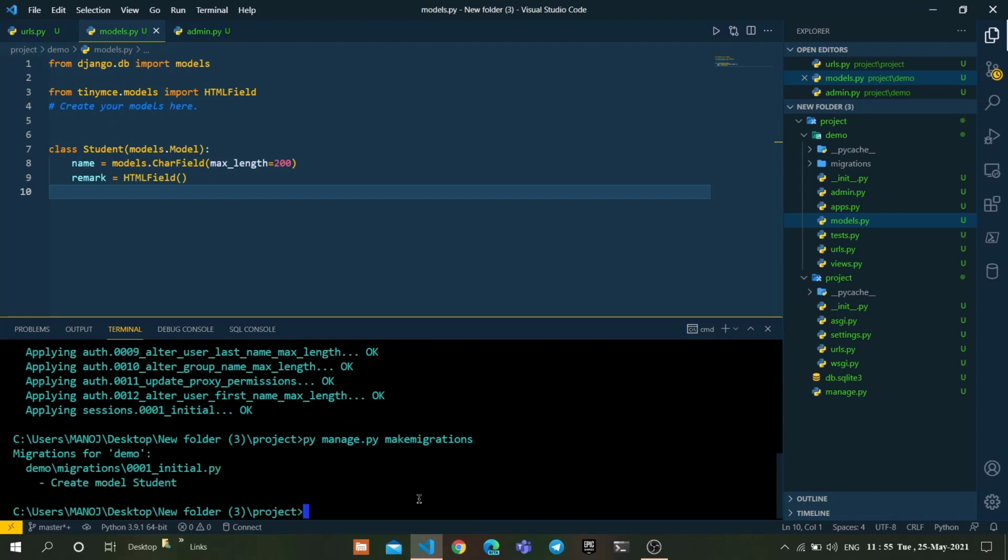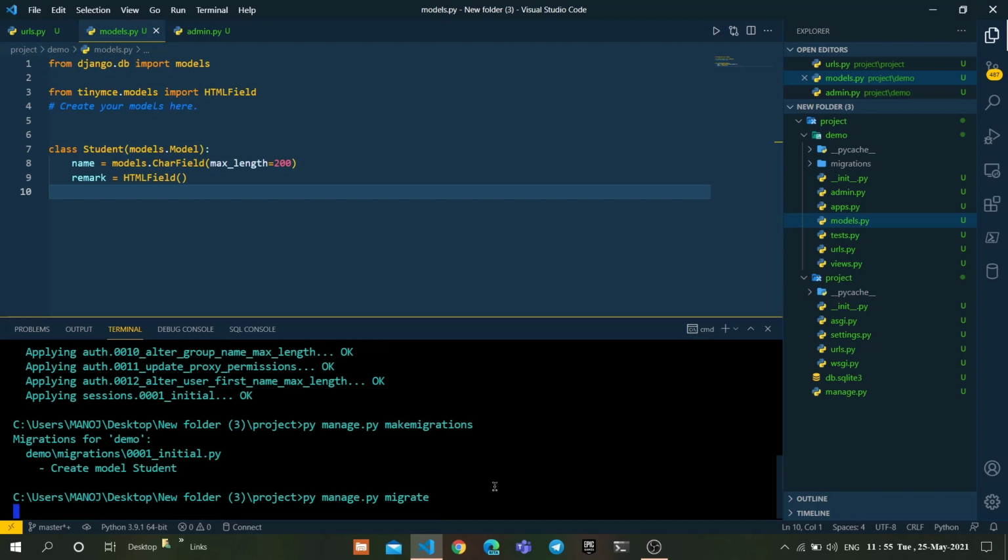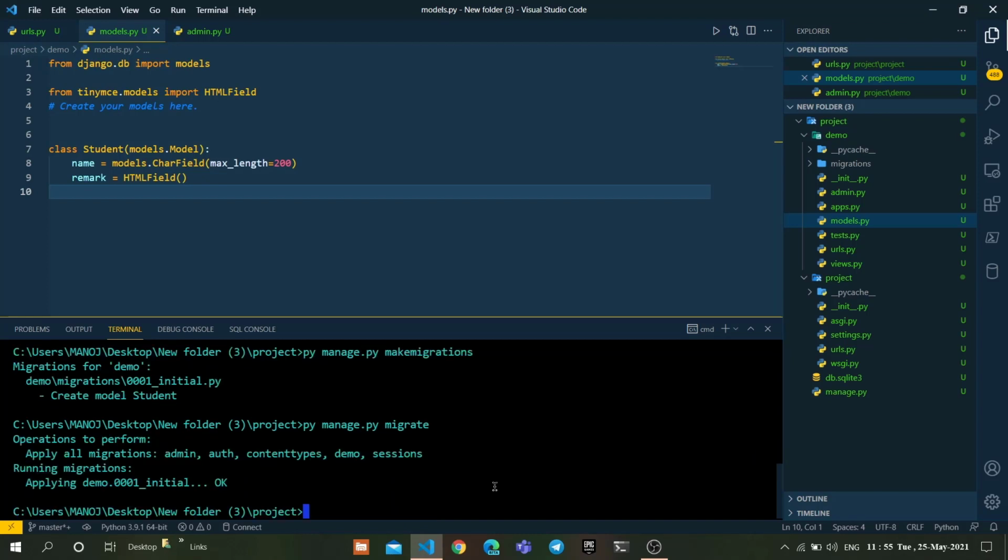This will detect the changes in the models that we have made. What we are doing is creating a model with the name Student. After that, again we need to migrate that model table into our database. For that, use py manage.py migrate. As you can see, we have successfully applied the migrations.